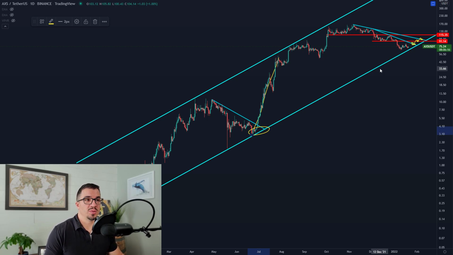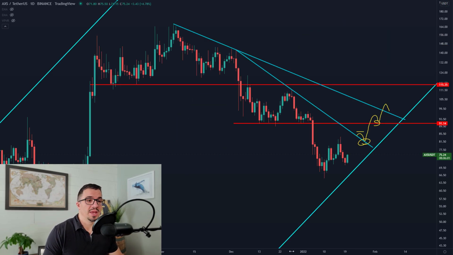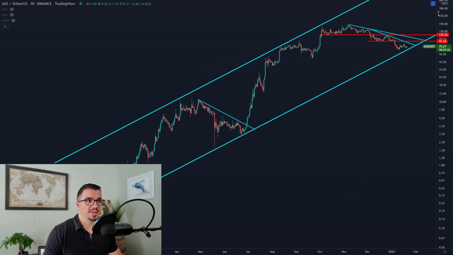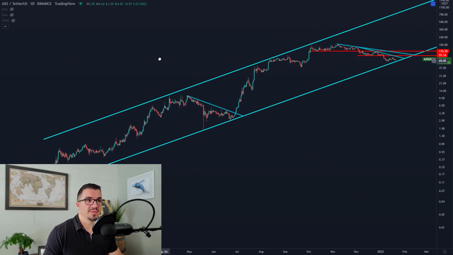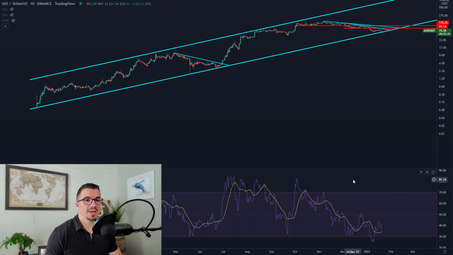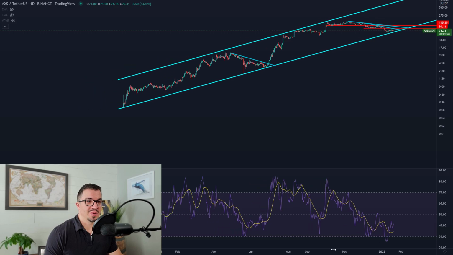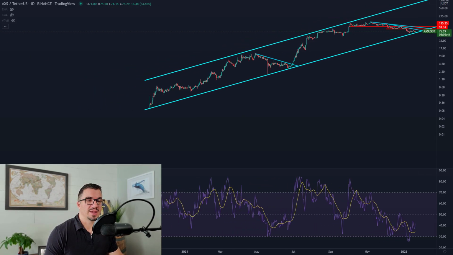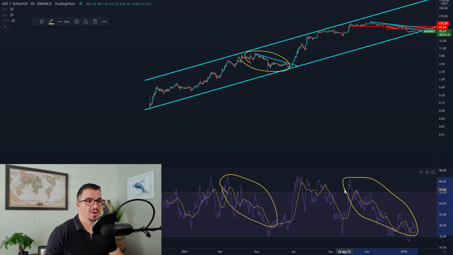Now, one last thing I do want to show you that I promised you in the beginning of this video is the RSI. So if we move back out here and look at the entire uptrend for Axie Infinity and bring up the RSI, all right, you're going to notice something very interesting about this. Okay, so this back here was during the previous downtrend. All right, so this right here matches up with this move here, and the RSI from this high back here and all these lower highs and lower lows matches up, of course, to the recent pullback.